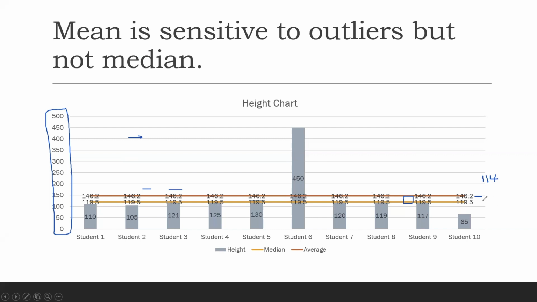But what happened to the median? The median is still at 119.5. So when there are outliers, it is always good to look at the median instead of the mean. Or you can treat the outlier. Say, for example, you already know the use case, and you check back with the source: I have a wrong value, what is the correct value? Maybe it was a data entry problem, and you go to the source and get it corrected. When you come up with the correct value of 150, you can get the proper mean. Or else, if you do not have access to the source, then you have to go with the median value.